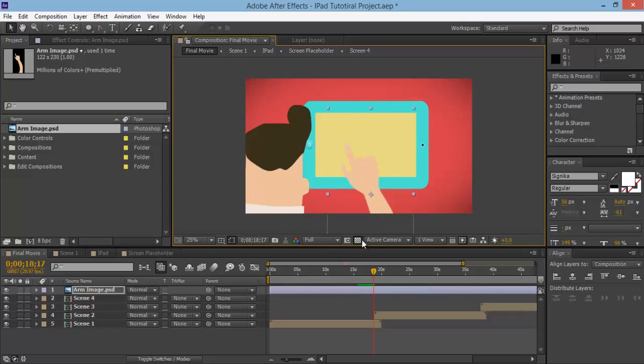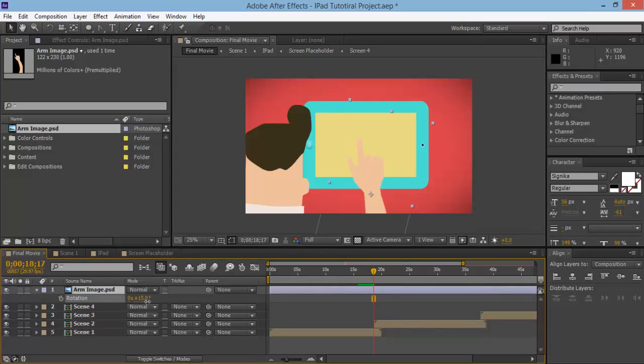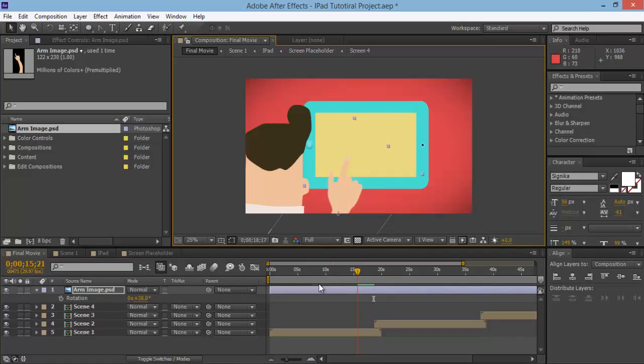We'll just use this image, and I'm going to rotate it a little bit because it kind of looks a little bit off. So hit R on your keyboard and rotate it around. So it's probably coming from that angle like so, and we'll place that. First of all, we want to position it